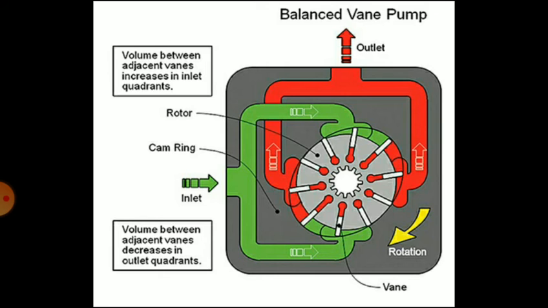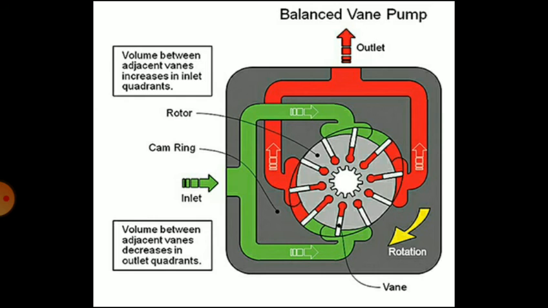there is an elliptical cam ring. This creates two inlet and two outlet chambers such that two pressure outlets oppose each other and two inlet chambers are directly opposite to each other. Therefore, the forces acting on the shaft are fully balanced and the side loading of the shaft, that is in case of unbalanced type pump, is eliminated completely in this type of pump.